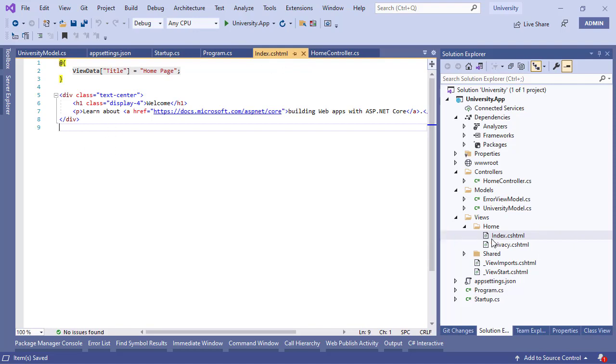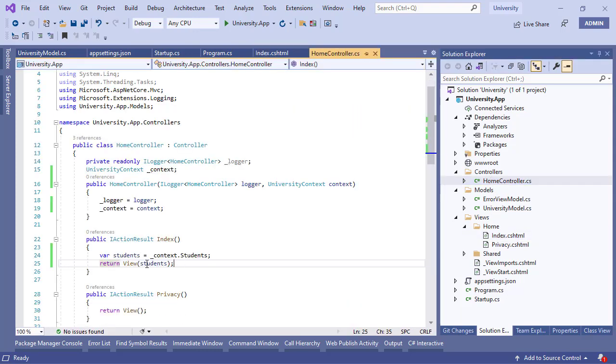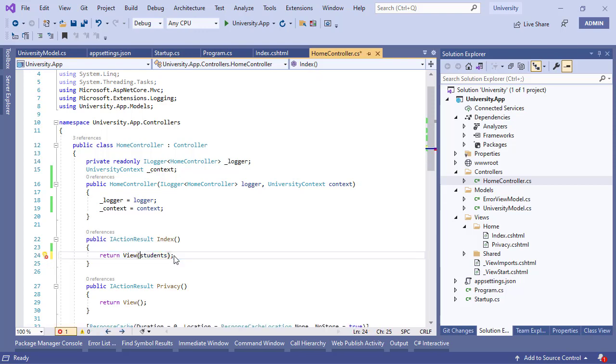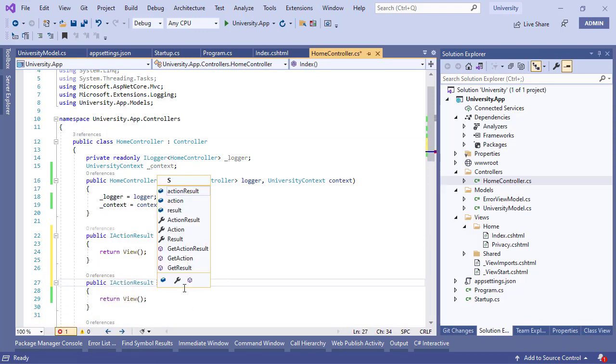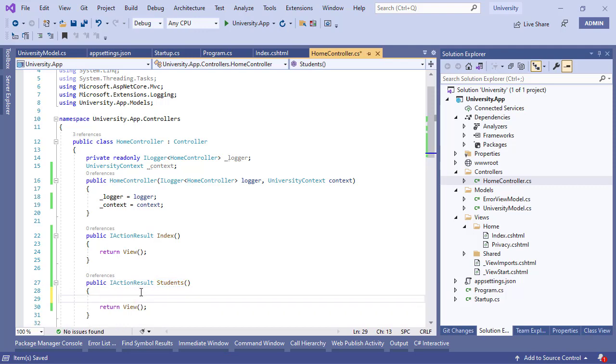So I'm going to get rid of this index action, or better, let's go ahead and add a new action. I'm going to leave this thing alone and add a new action. I'll hit Control E, Control V, and it's going to duplicate, and here I'm going to say students. Now I can do var students assigned to _context.students. It is going to get all the student information,